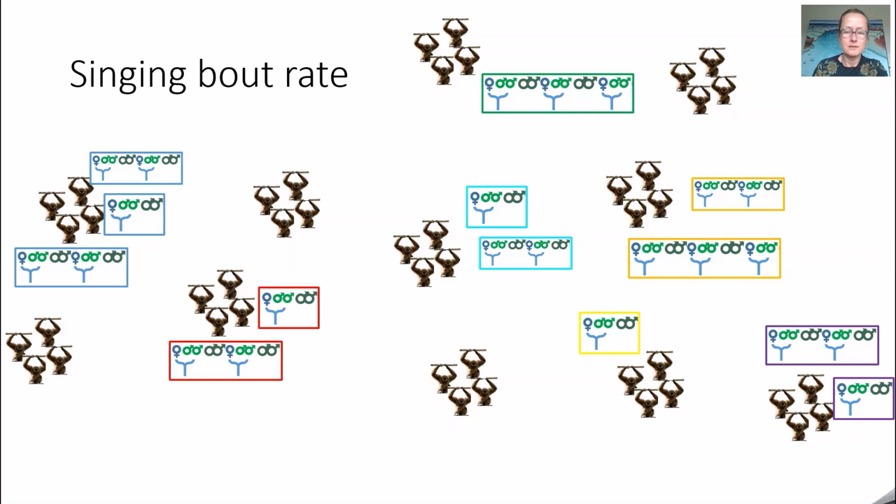So let's have a look at this example with the 11 groups, which we followed for one occasion. Some of them not calling at all, others singing in 1, 2, or 3 bouts during the occasion. I've indicated each occasion with a box. Colors refer to the different groups. So bouts can be also of varying lengths, as you can see in the image. So overall we have 13 bouts between the 11 groups, and we estimate